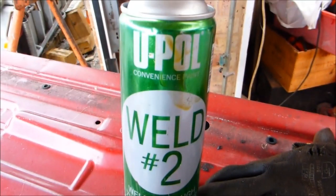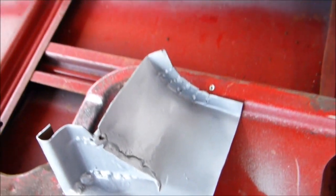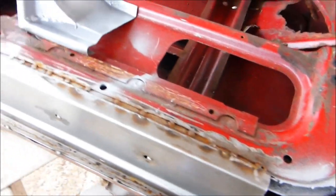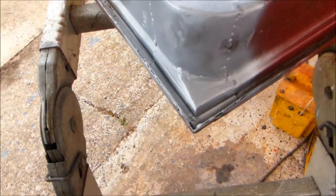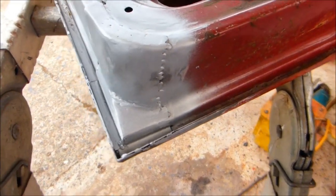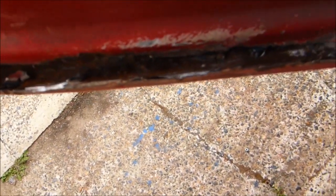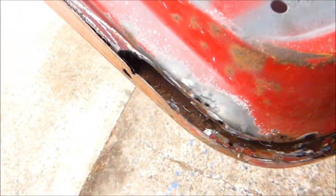Before I weld this through, I've sprayed the inside of it so that it's got a little bit of protection, as I did with this before I put it in. That's got a protective coat of galvanized. That's the corner welded in, and a bit of zinc on top just to protect it. The next thing is this mess at this end. You can get the repair kit for the bottom, but nothing for this end, so I'll have to